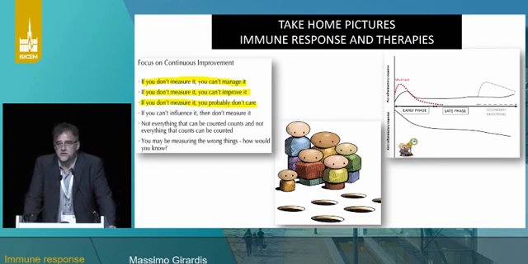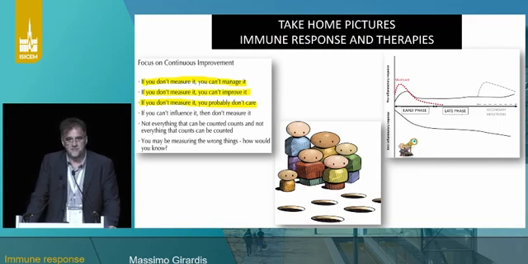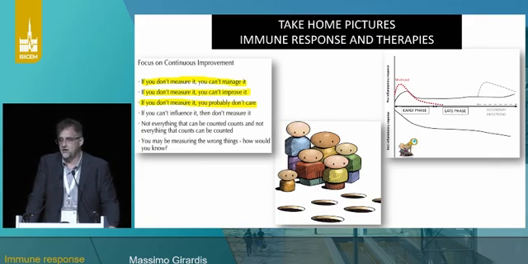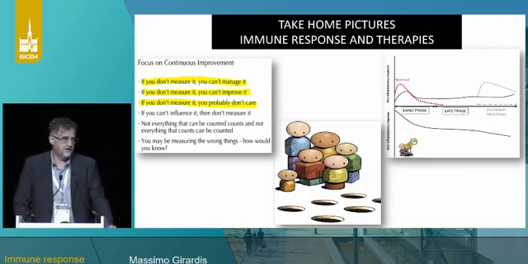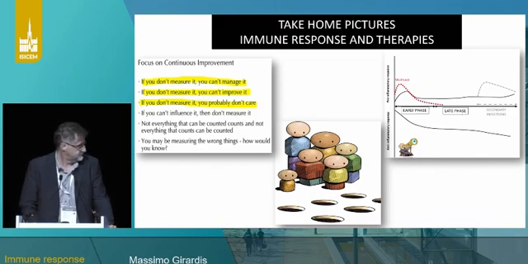In conclusion, my take-home message is that if you don't measure the immune response, and it's important, particularly in a trial, you cannot decide. As you understand, I'm in favor of randomized controlled trials, but with subpopulation analysis it's quite difficult to have a clear picture of the immune response of the patient, and the immune response of the patient could be completely different when we treat the patient in our ICU. Thank you so much.